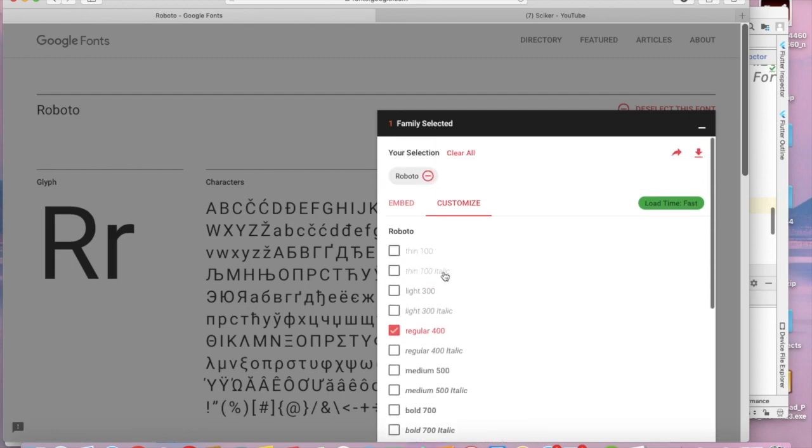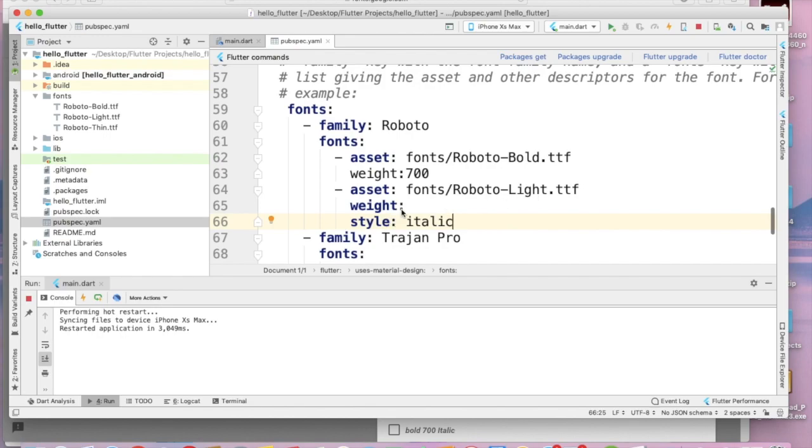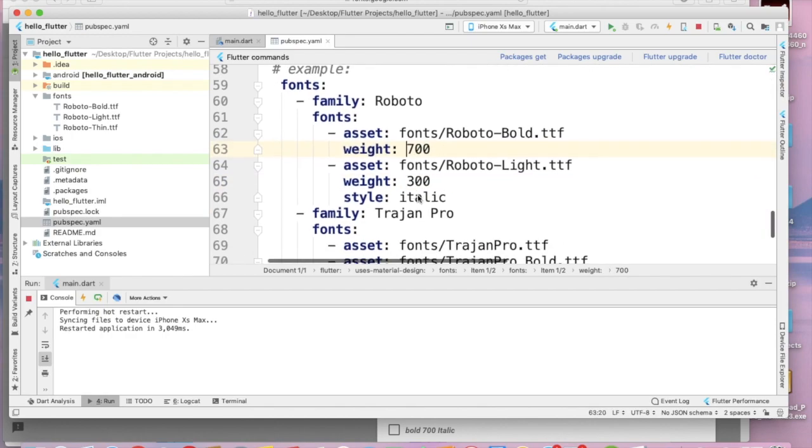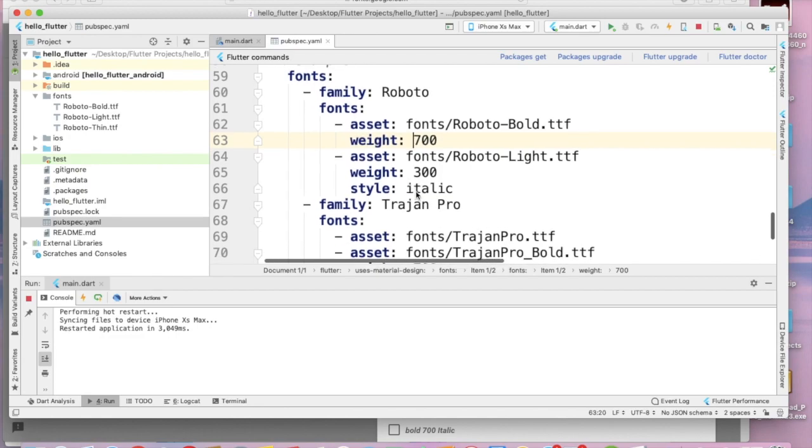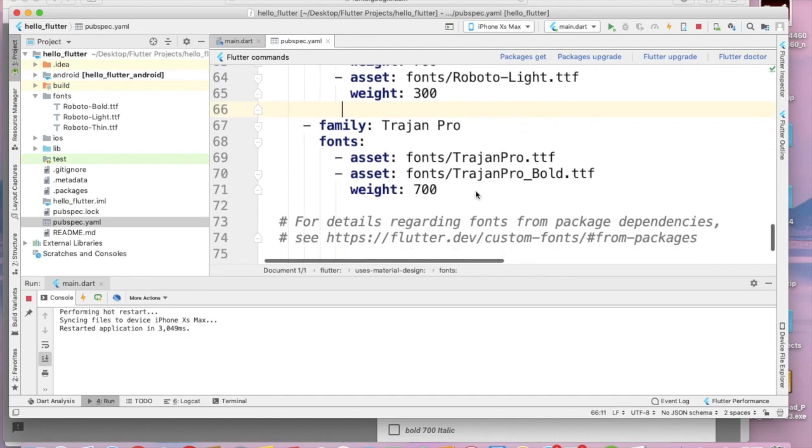Okay, so we can provide it as this 300. Okay, now if you need this font as italic you can keep it like this, or if you don't need it you can remove it like this. Okay,